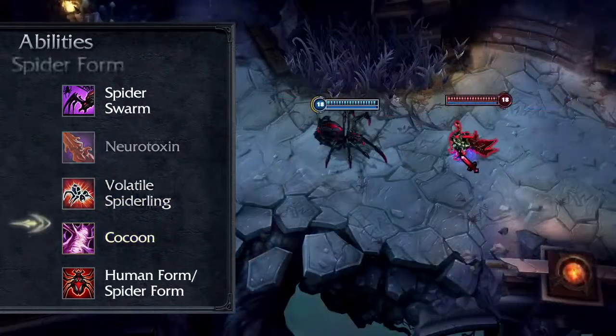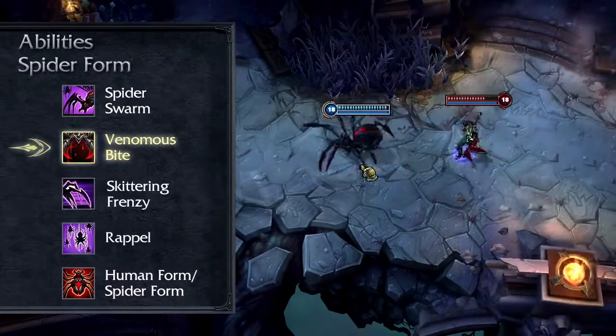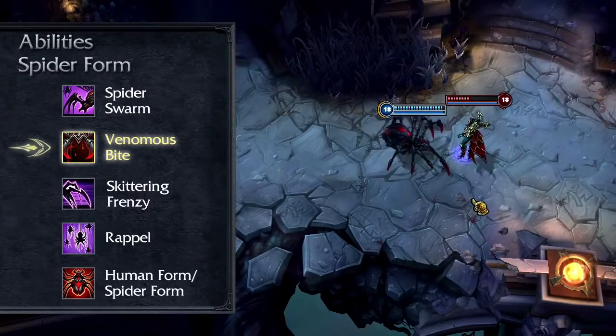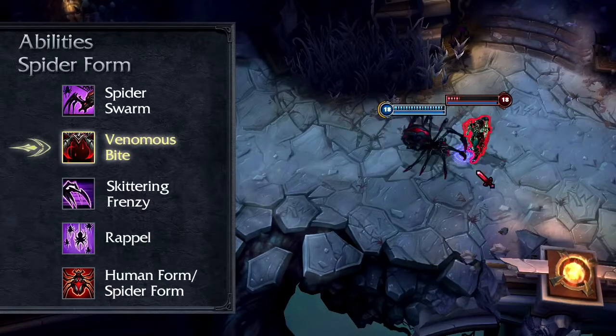Now let's talk about her abilities in spider form. Venomous Bite damages and lunges at target enemy, dealing bonus damage based upon their missing health. The more injured the target, the more damage dealt. I recommend taking a point in Neurotoxin/Venomous Bite at level 2 and maxing it by level 13 for single target